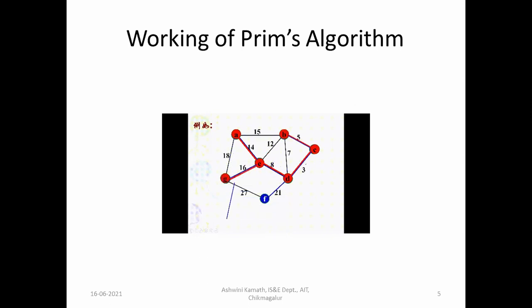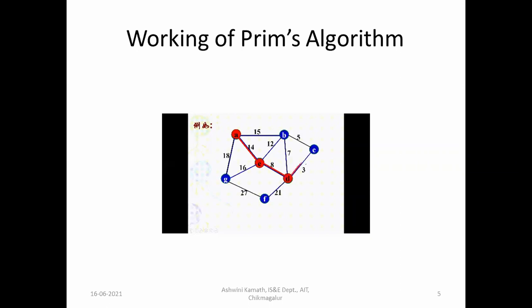Okay, that is 14. Then it will select from E. From E, it will check again which are all the vertices connected to E and which are all the vertices connected to A. So we have, sorry, it is C. Okay, it is C. So from A to C, 14 will be selected. Then again from A and C, both it will select. So from A to B, we have 15. From C to G, we have 16. And C to B, we have 12.